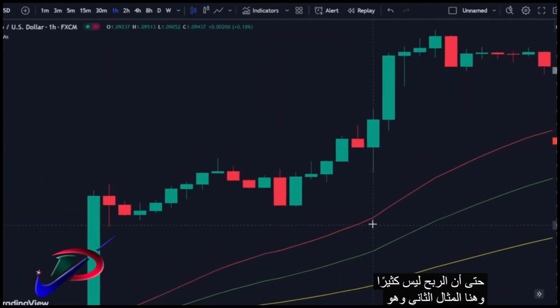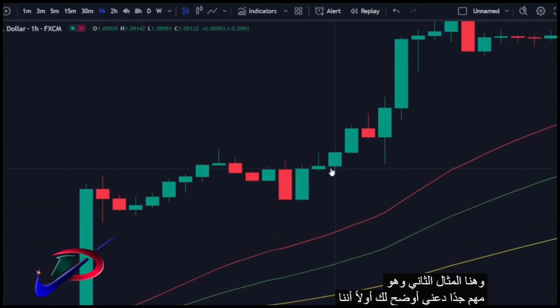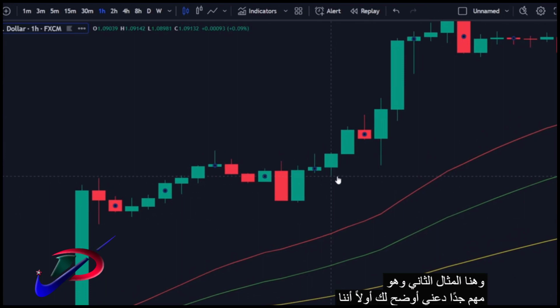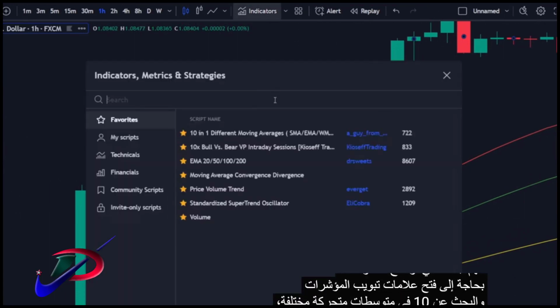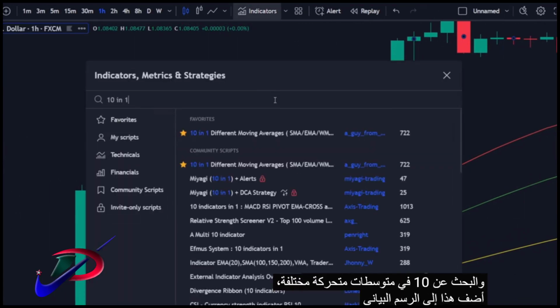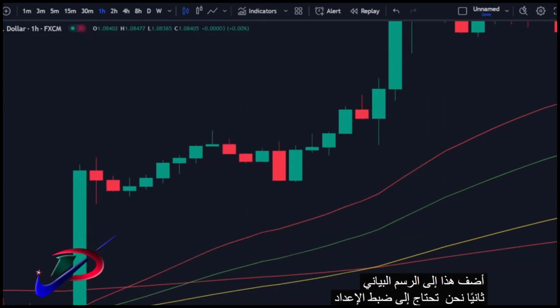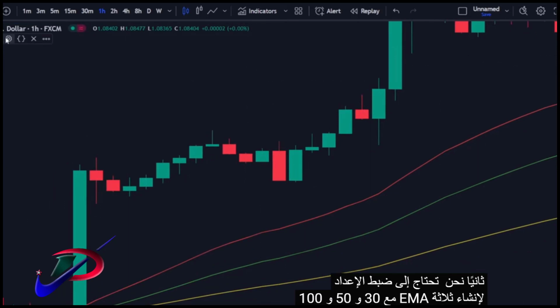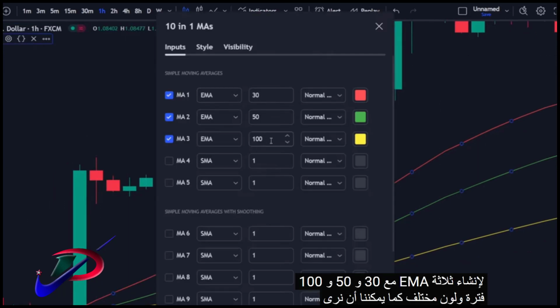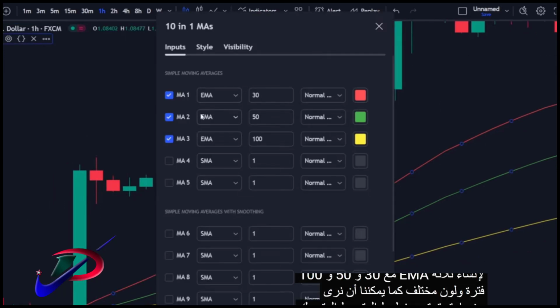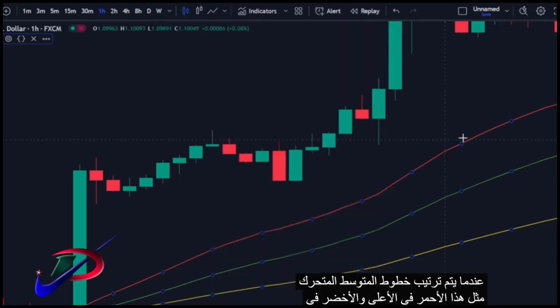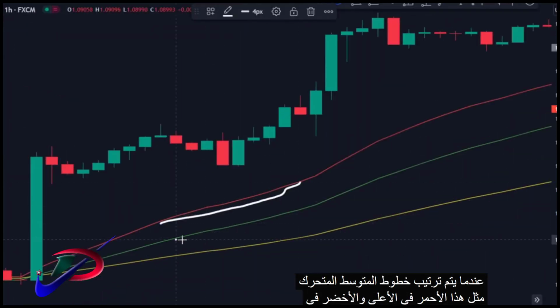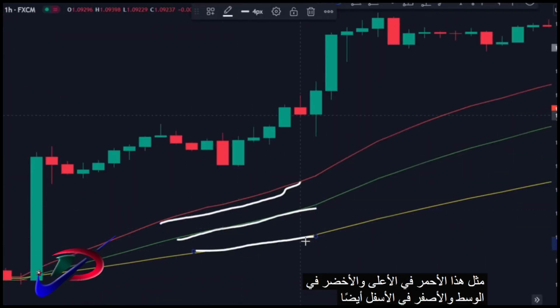And here is the second example, which is quite important. Let me show you. First, we need to open the indicator tab and search for 10 in 1 different moving averages. Add this one to the chart. Second, we need to adjust the settings to create 3 EMAs with 30, 50, and 100 periods and different colors. As we can see, when the moving average lines are arranged like this, red on the top, green in the middle, and yellow on the bottom,